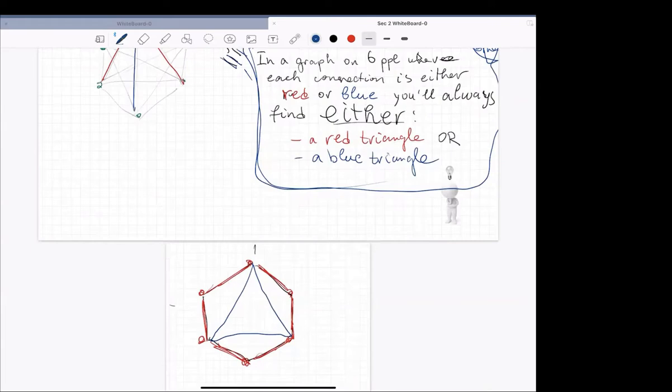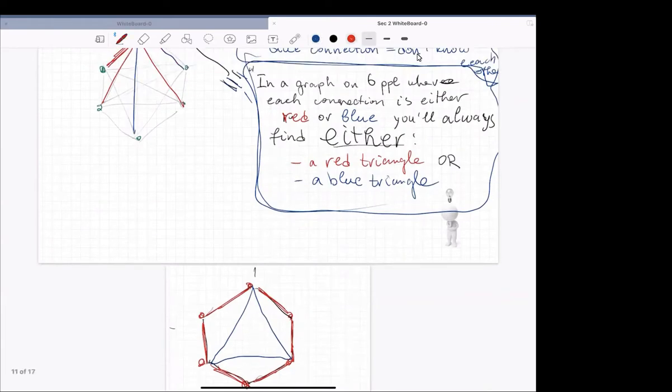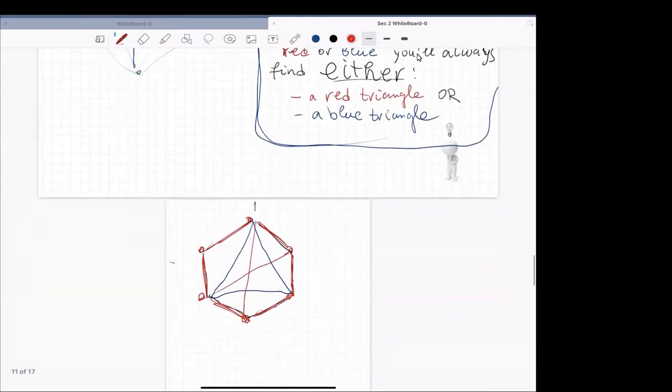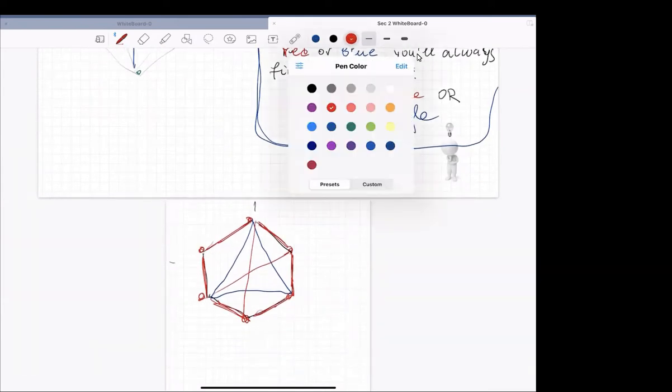So no matter what configuration I have, maybe I didn't go around the circle. Maybe you could have suggested some other possible connections. Maybe these guys also knew each other and so on. I'm still guaranteed there, I didn't find a red triangle. Here I even have, I still don't have a red triangle here, but if I drew maybe, I don't know what else here.